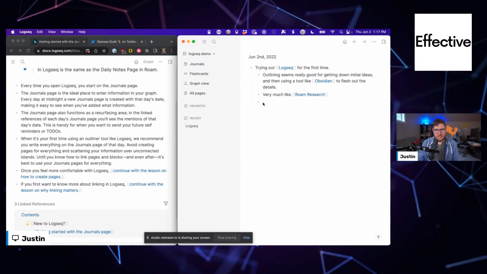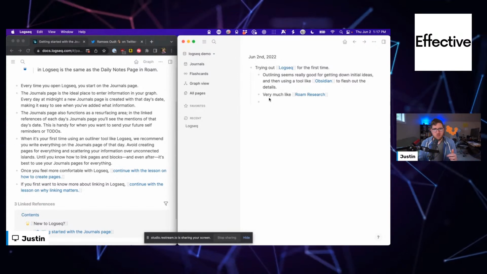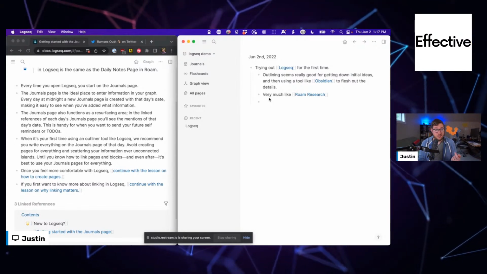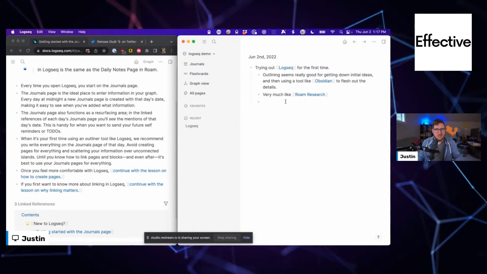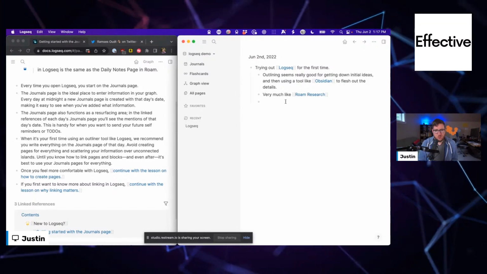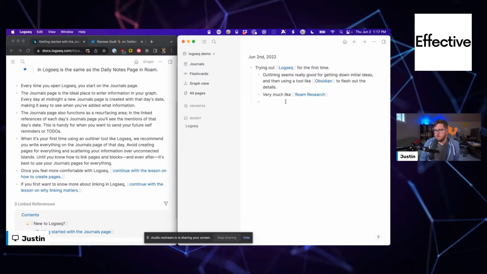I really like outlines. It tends to be how I think through creating content, and also just getting stuff out of my head. It's a lot easier to just zoom through a sentence, move on to the next thing, and then if you need to come back and flesh it out, you can.